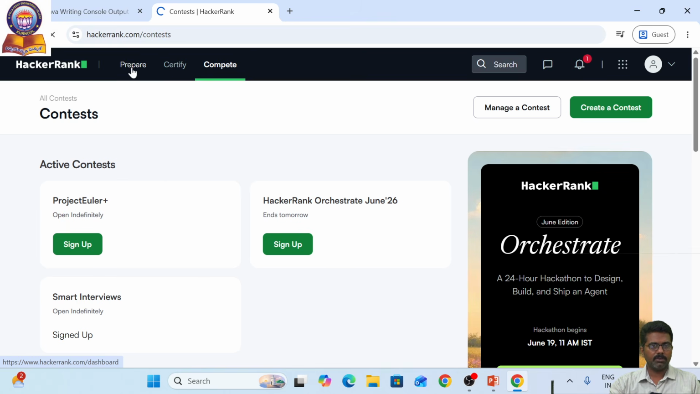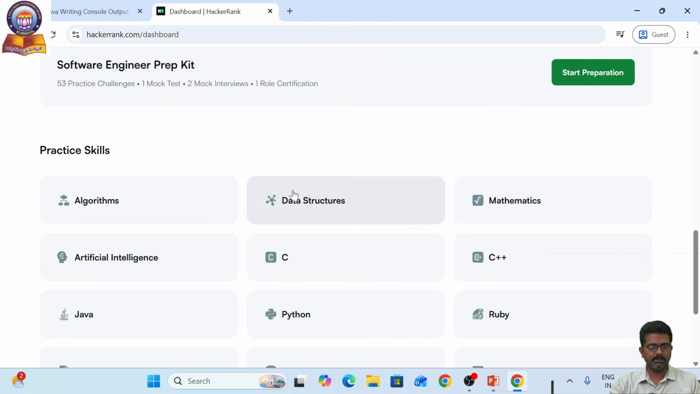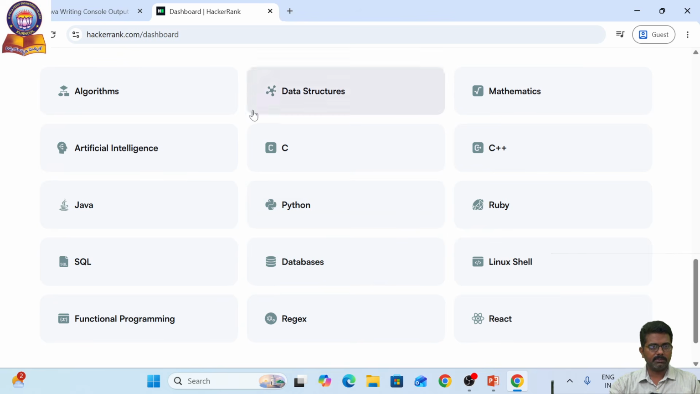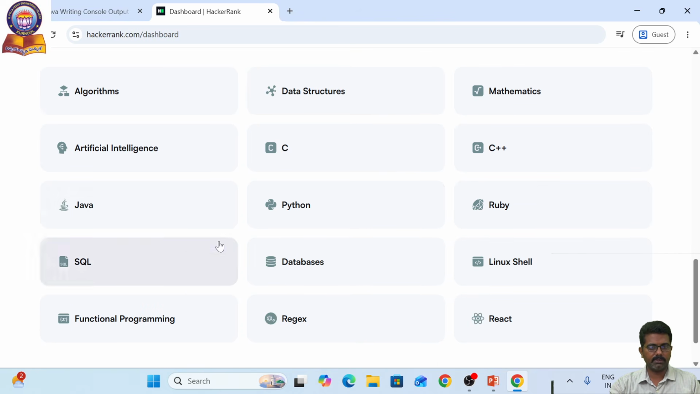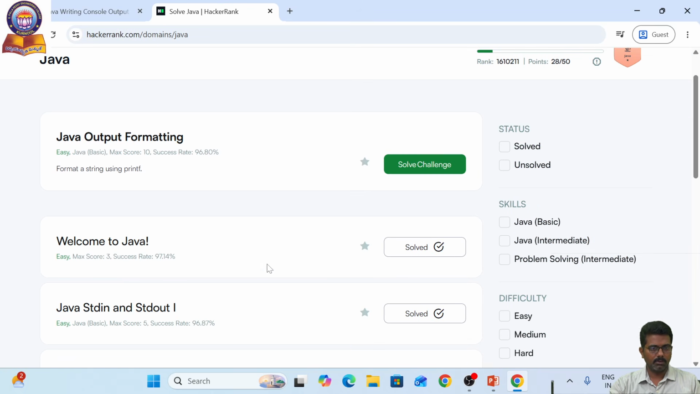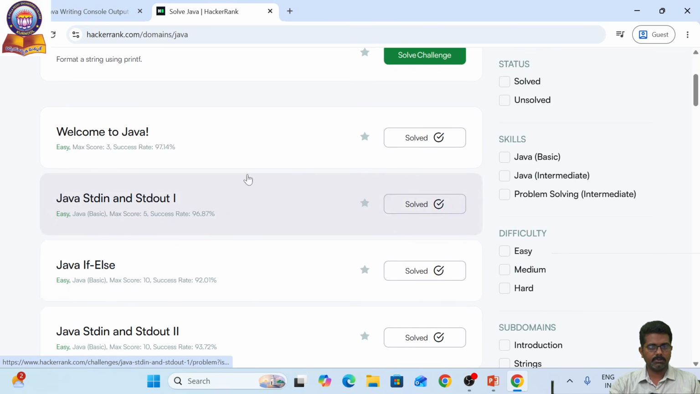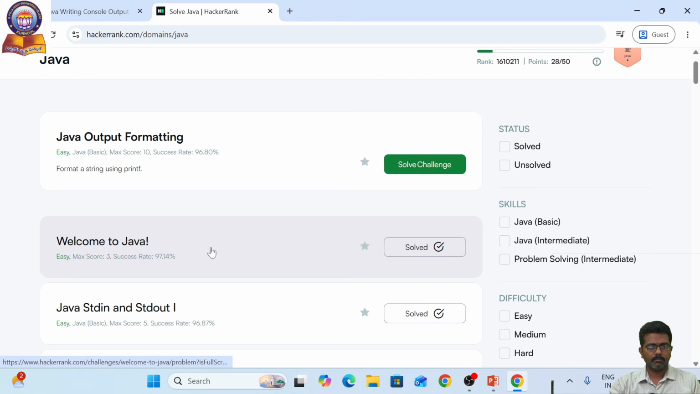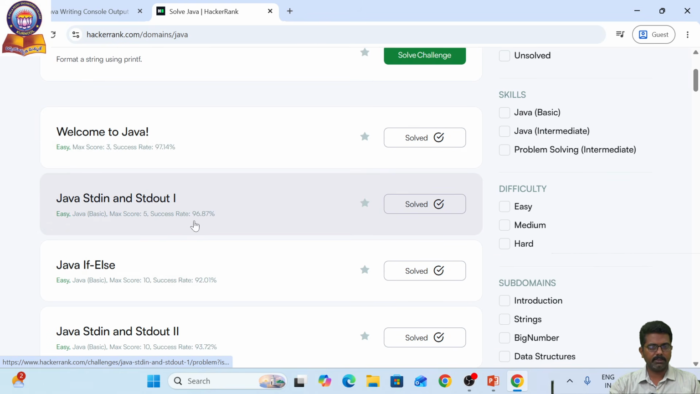So my focus is on the prepare module, where I need to practice Java language. Here you can see a lot of practice skills given to us, where we have C, C++, Java, Python. So I just click Java. And these are the problem solving questions given to us. So in this session, I would like to take some 3 problems